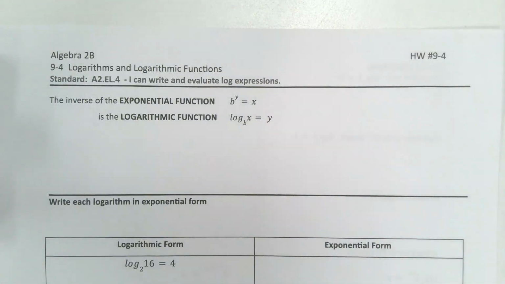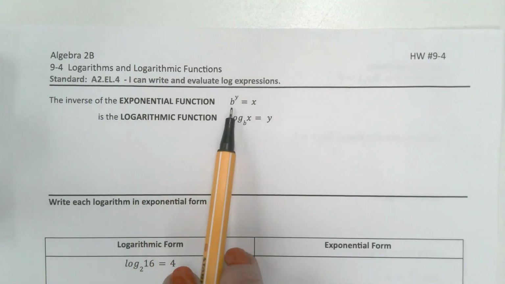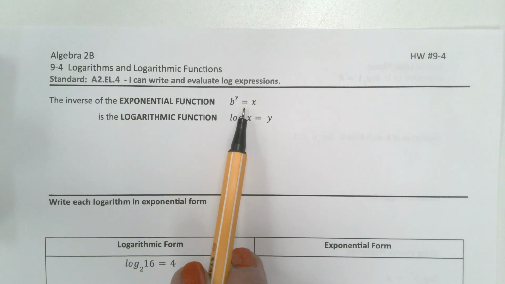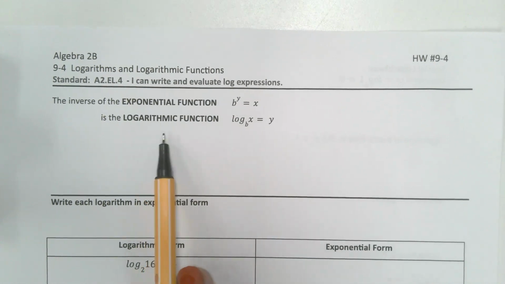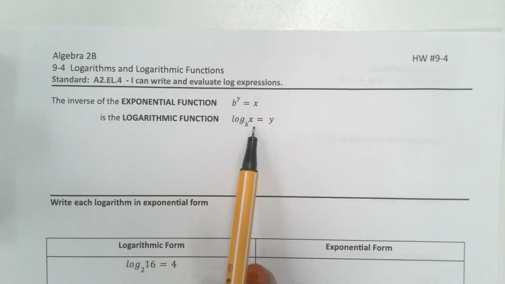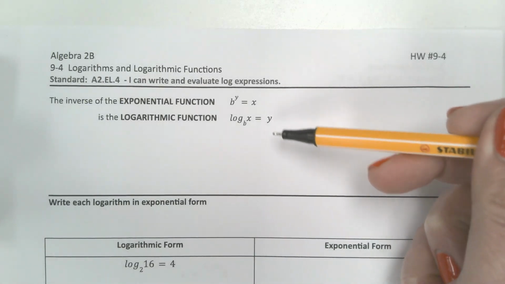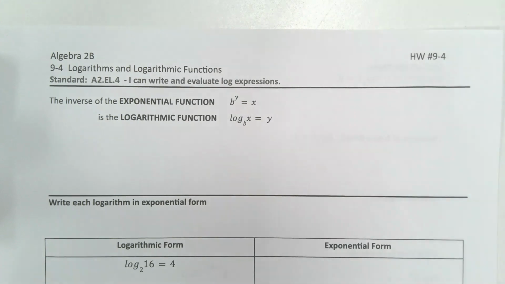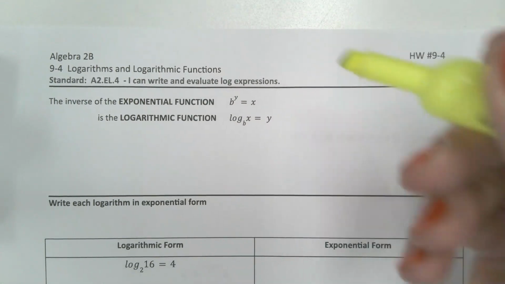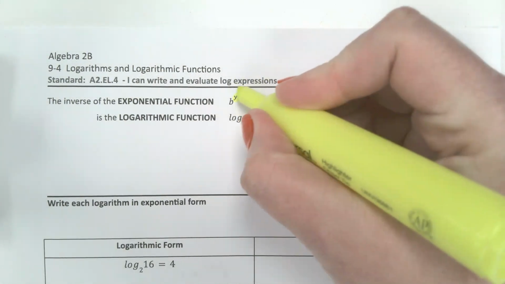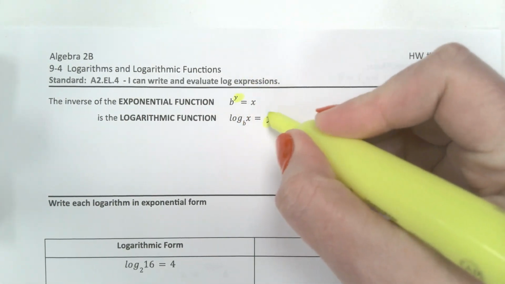Algebra 2, we're going to teach you how to go back and forth between log and exponential form and a few other things today. So sometimes you have an equation in exponential form and it's easier to work with. And sometimes you have an equation in log form and it's easier to work with. So these two are equivalent and it's super helpful to know how to go back and forth between the two of them. So you might want to think about color coding them or drawing some arrows until you get the